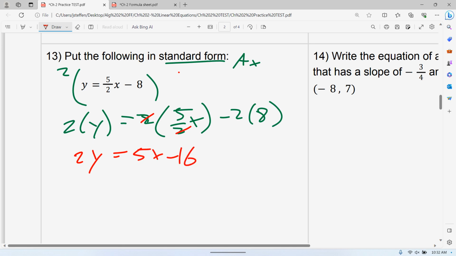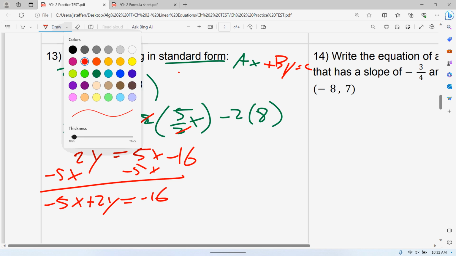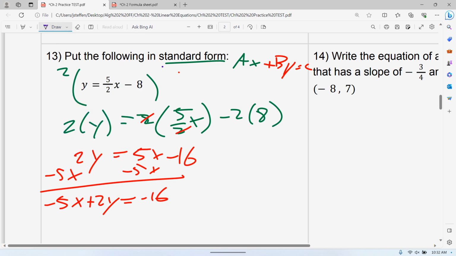To get it in 5x. But once you get here, then you still need to get rid of that negative. So we're almost there, but that A has to be positive. So I need to multiply everything by -1. All that essentially does is changing your